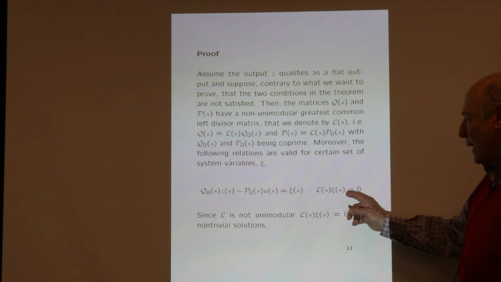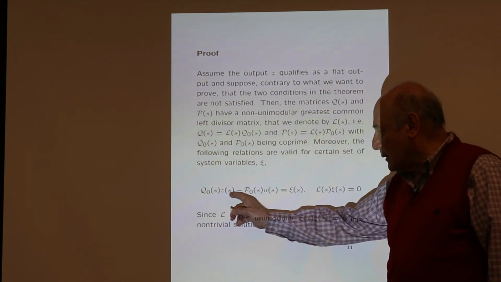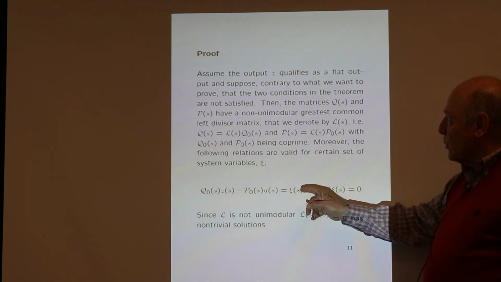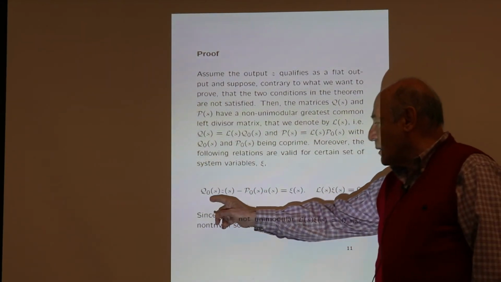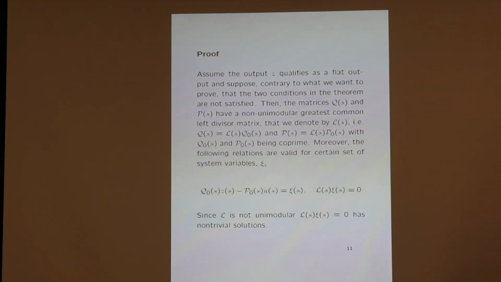If you multiply L by C, you have LQ0 times Z minus LP0 times U, which will be 0, because LC has to be 0. And that is precisely the representation Q times C is equal to P times U that we had in the beginning. Only that we put it in the left half part of the equation, to bring out the fact that the